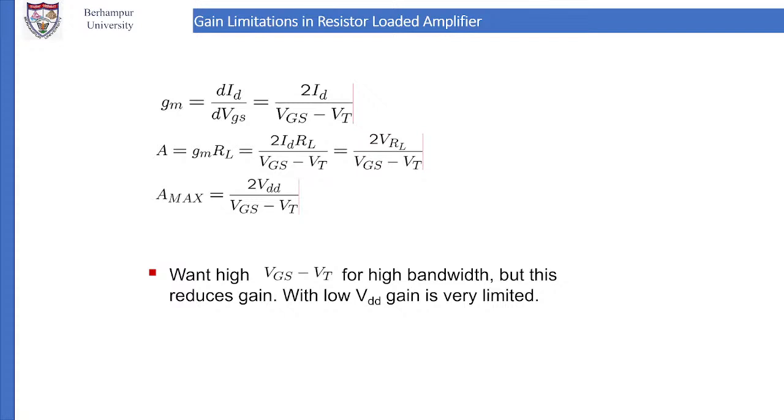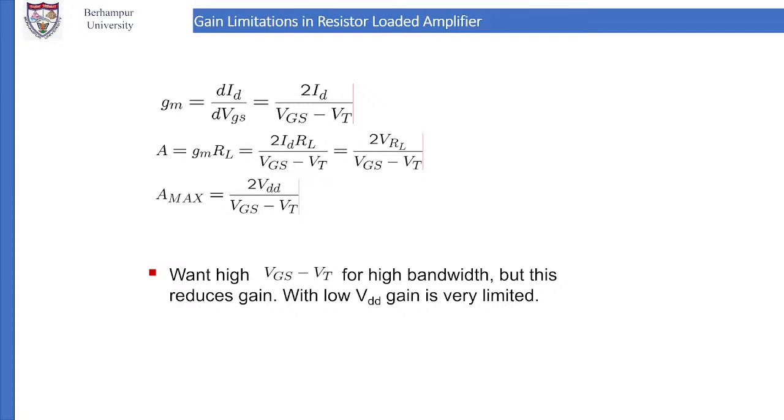So A is equal to 2 times VRL by VGS minus VT. A will be maximum when VGS minus VT is minimum or VRL is maximum. The maximum value of VRL is VDD. Therefore, A max is equal to 2 times VDD divided by